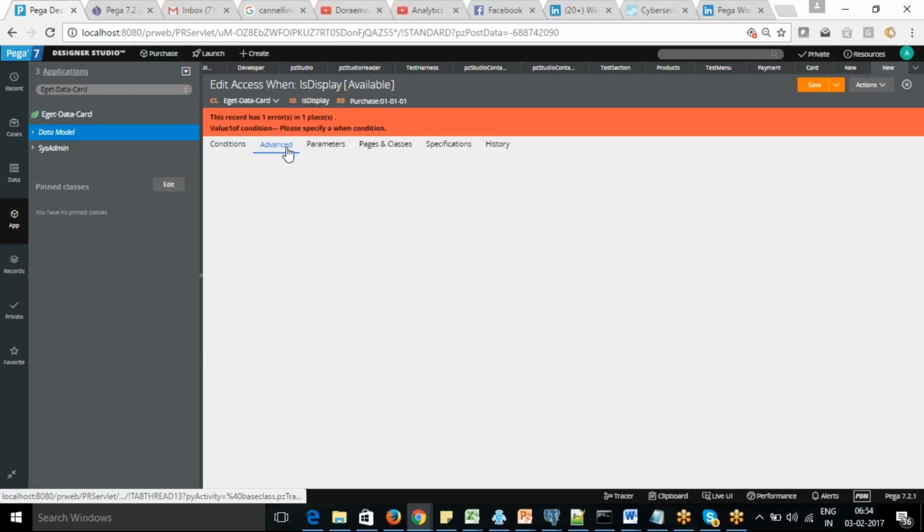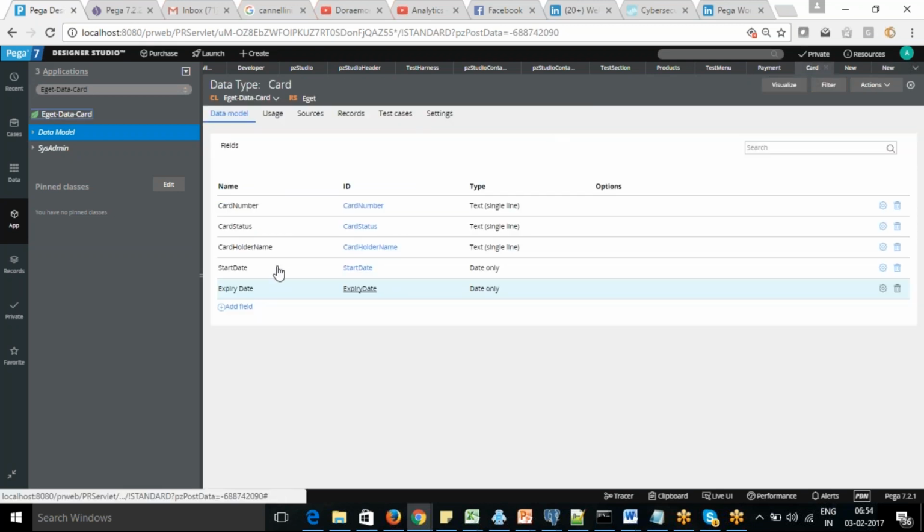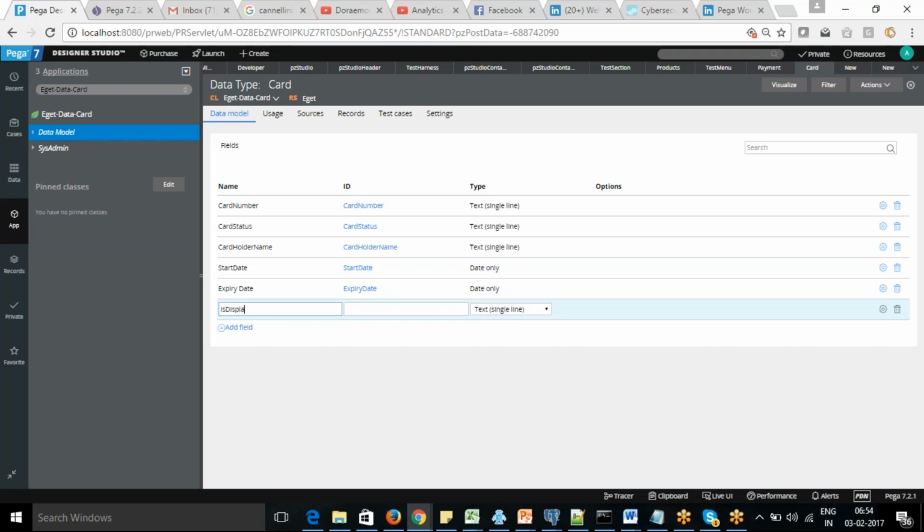I need to specify a condition first. So let's say this is what we are creating. We need one more field for that. I'm using a Boolean field here, is display.